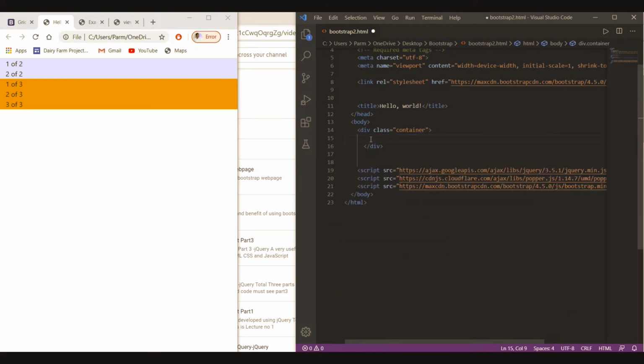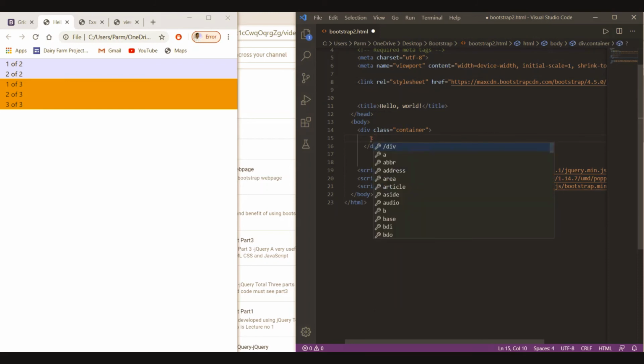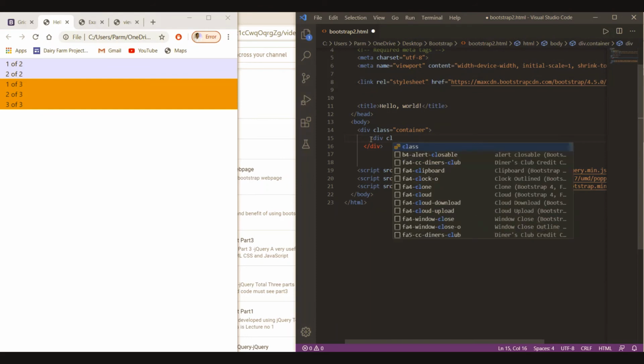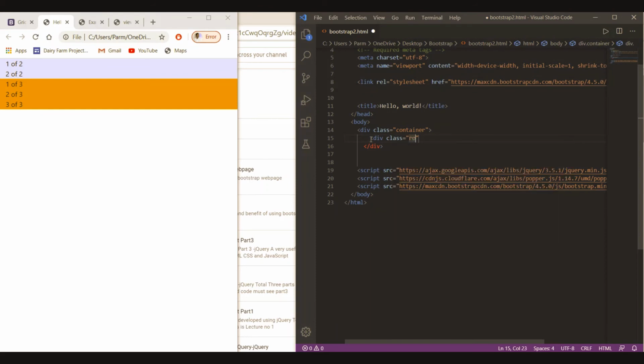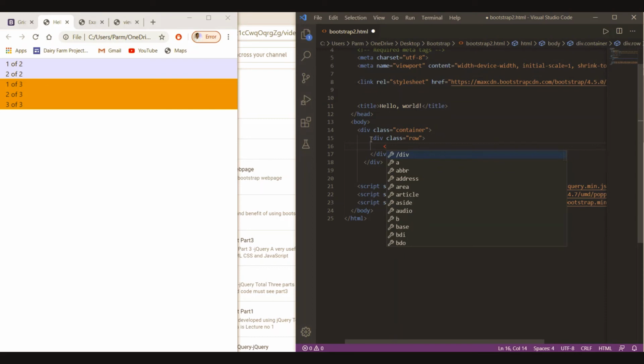For this we have to use a div class, and before using the column we have to use the row class, and within the row we have to specify the column. So here we go with div,